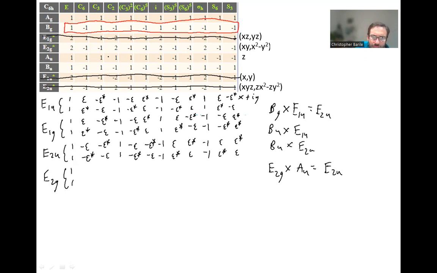And AU is just ones and negative ones. Well, dividing by 1 or negative 1 is the same thing as multiplying by 1 or negative 1. So this becomes really easy. We can just multiply or divide, however you want to think about it. But E2G is going to be equal to E2U times AU. And AU is a really nice one, right? Because it's ones across the board for the first 6 classes and then negative 1 on the other 6 classes. So we just have to take E2U, keep them the same for the first 6 classes,